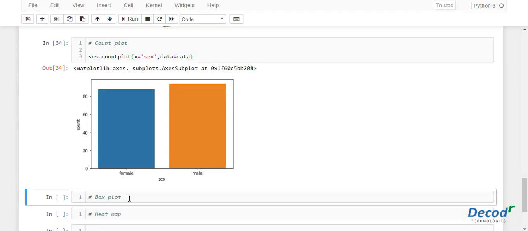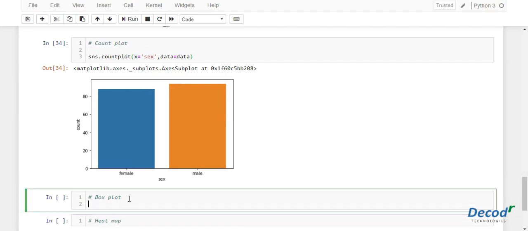Now next let's look at box plot. The box plot is used to display the distribution of categorical data in the form of quartiles. The center of the box shows the median value. First let me show you the box plot. Let's plot for the sex and the age of the passenger.